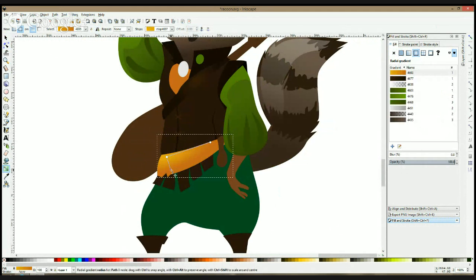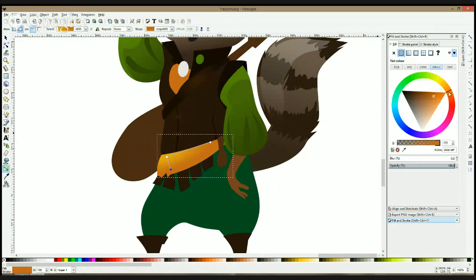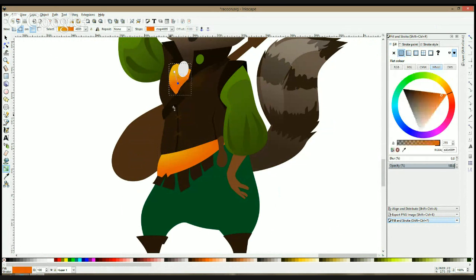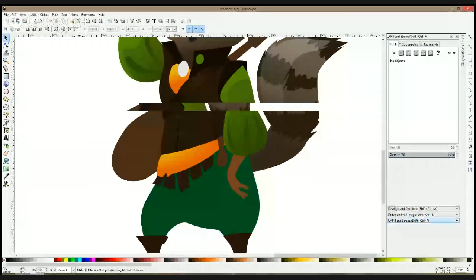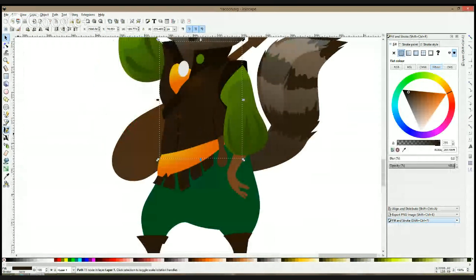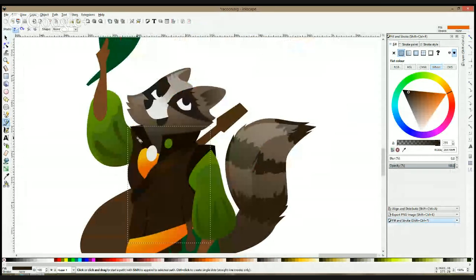Just flip the gradient, because the new Inkscape can do that. I mean, guys, really, I love what the developers did with the new Inkscape. You make a circular gradient, which is not working, then you just flip it, and there you go. Same goes here. I give some liveness and color there. Same goes for the vest. So as for there,